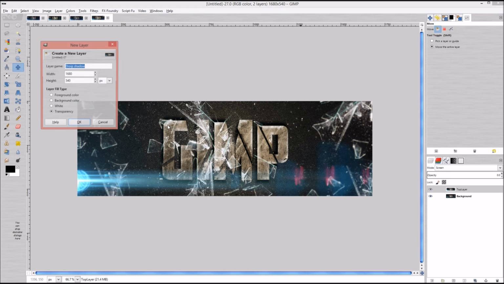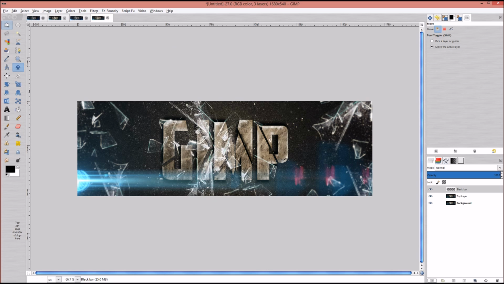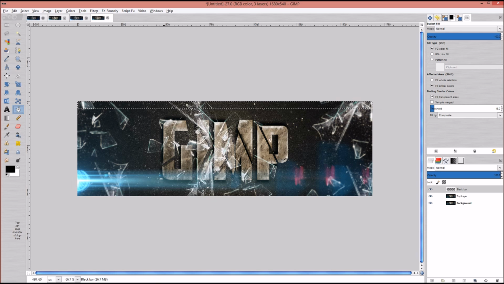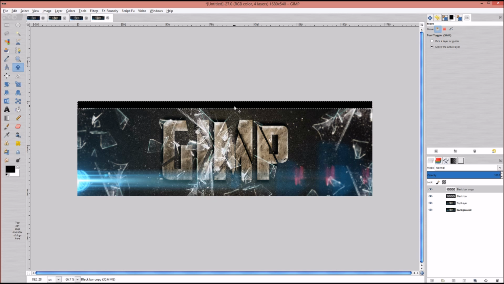I'm going to go ahead and make a new layer, and we'll just name this, I don't know, black bar. There we go. And we'll grab our rectangular select tool, and we'll just make some small black bars up there. Go ahead and grab your bucket fill tool, make sure your color is on black, click, Control Shift D to duplicate, then press M on your keyboard for your move tool, and then let's just go ahead and hold down Shift and press the arrow key,